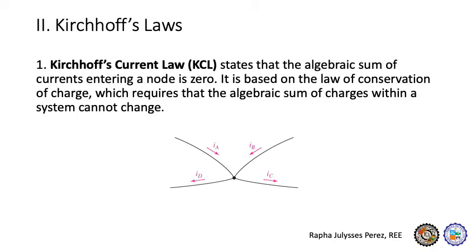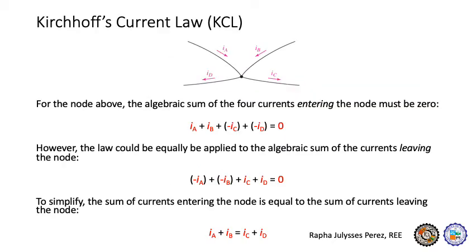So there are two parts in Kirchhoff's laws. The first part would be Kirchhoff's current law, or KCL. It basically states that the algebraic sum of currents entering a node is zero. So take note of the term algebraic sum. Kirchhoff's current law is based on the law of conservation of charge, in which in a single node, the amount of charge that enters a single node is the same as the amount of charge that leaves it. So looking at this diagram,